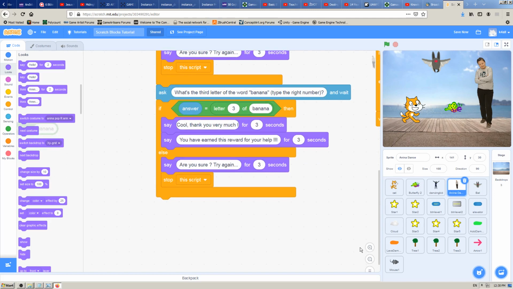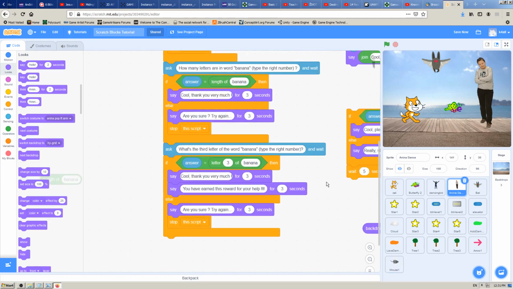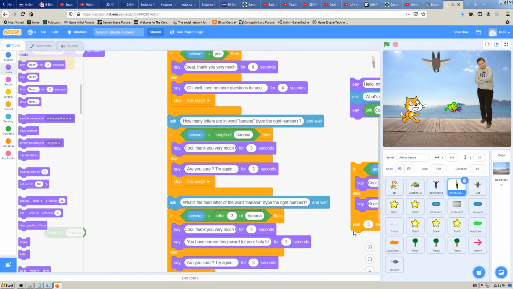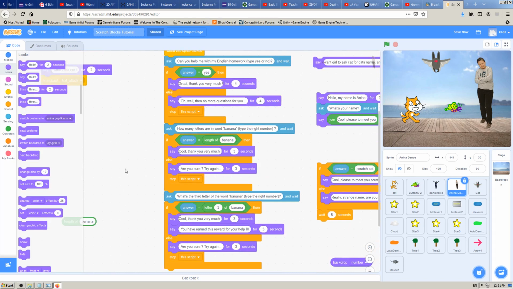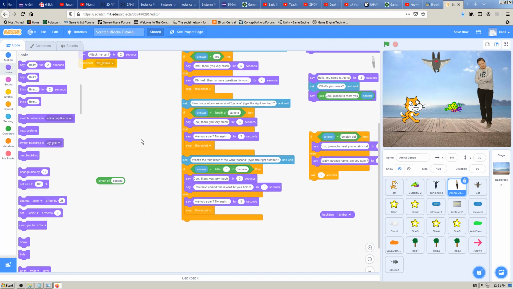What I'm trying to make here is a game where the girl will give the cat some kind of reward if the cat helps her with answering questions and with her homework. So if all the answers are true, the girl will give something to the cat, and that something could be, for example,